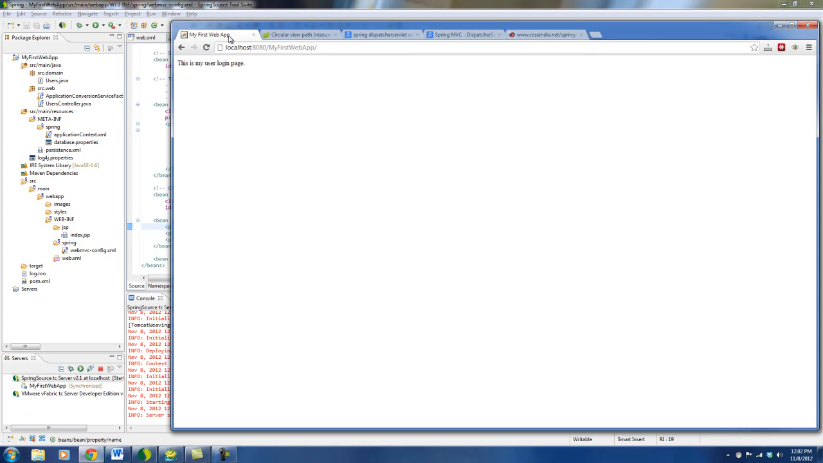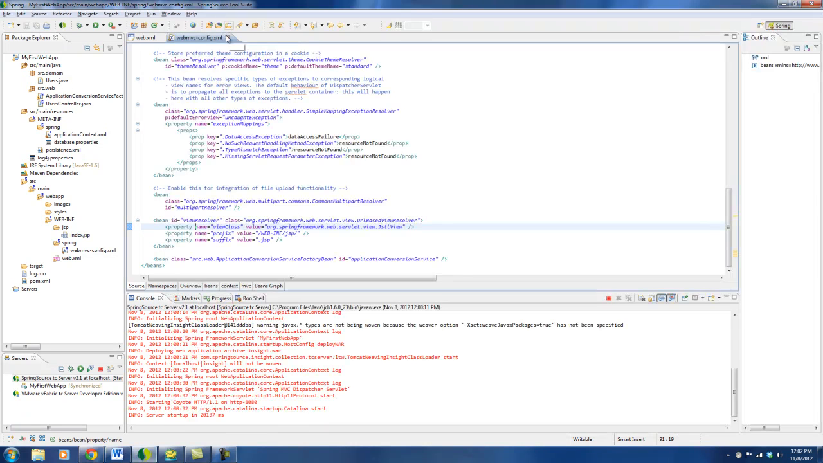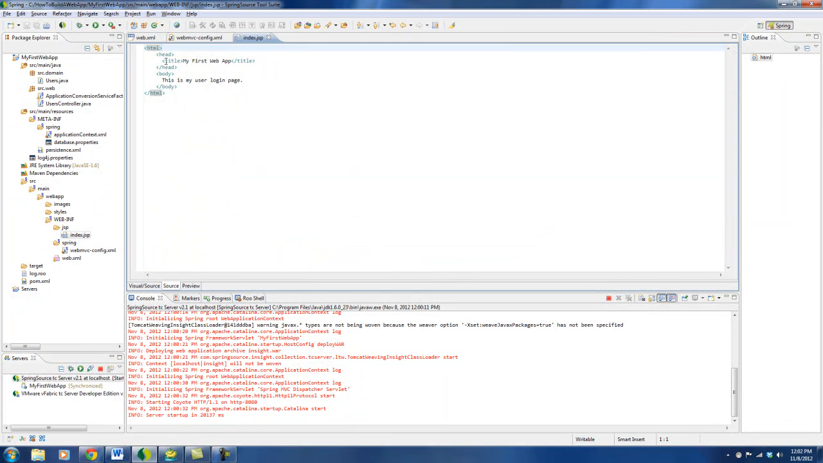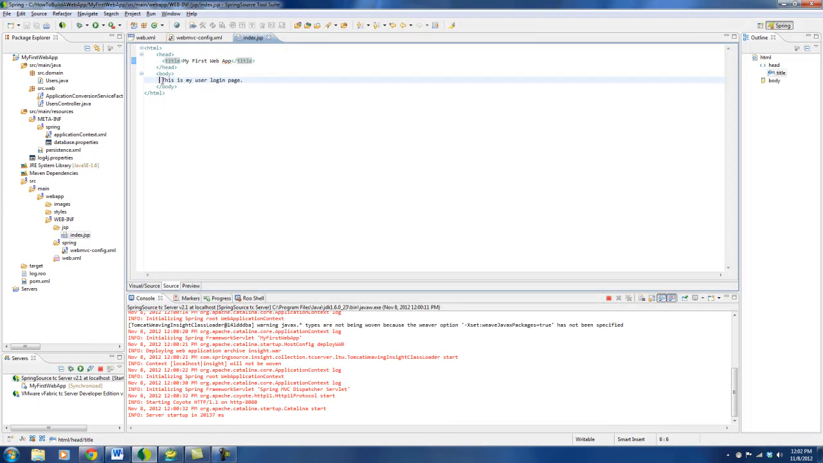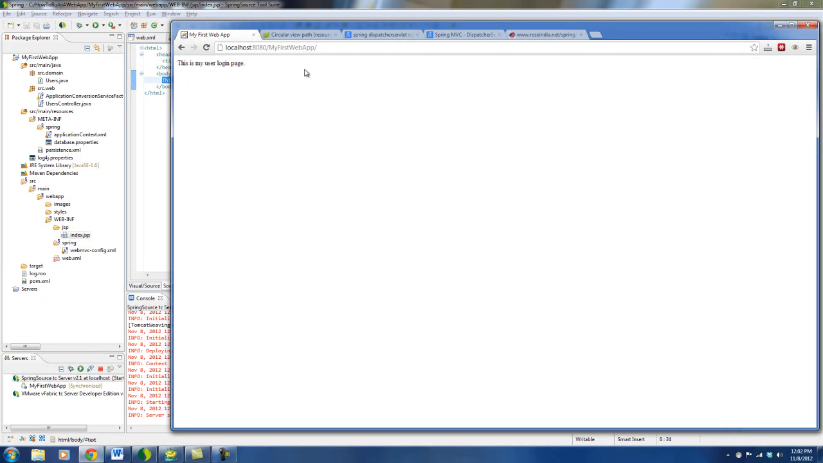And you see now the title here is My First Web App, like I set up in the index.jsp, in the title, My First Web App. And then inside the body, we have this is my user login page, which shows right here. Great. So now our next step is we want to